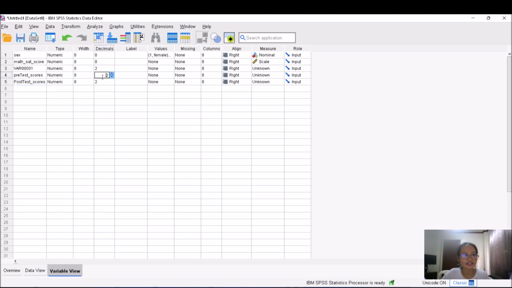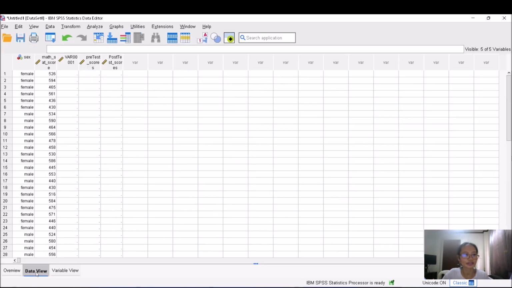And again, you can just have 0, 0, and then this is interval, and this is also interval. Okay, then you go to your data view.